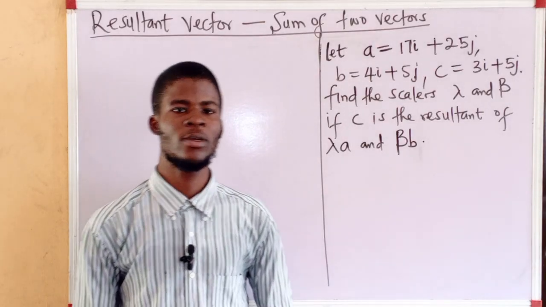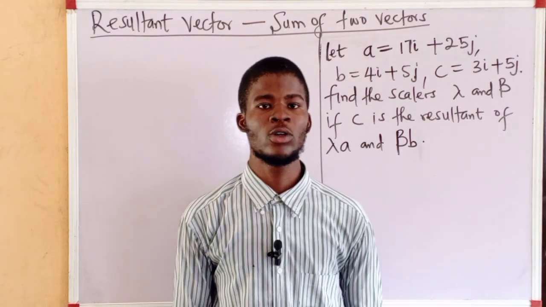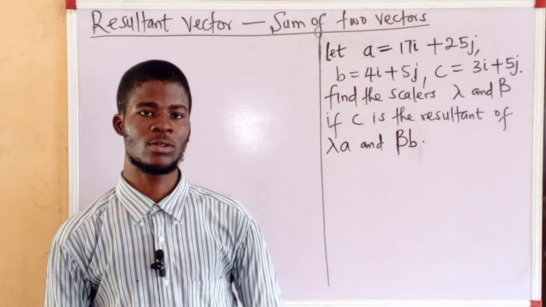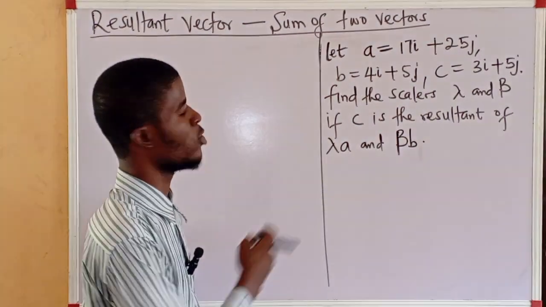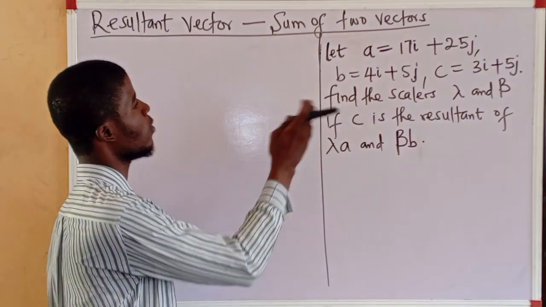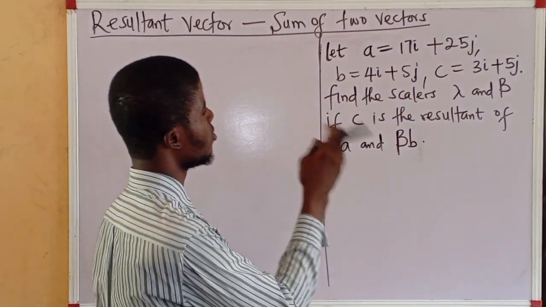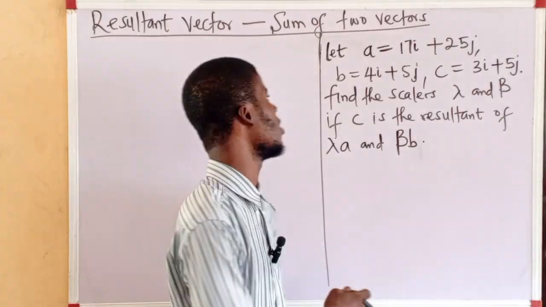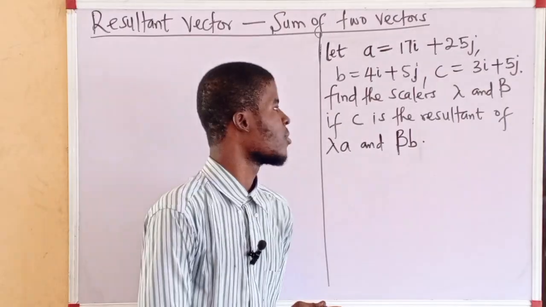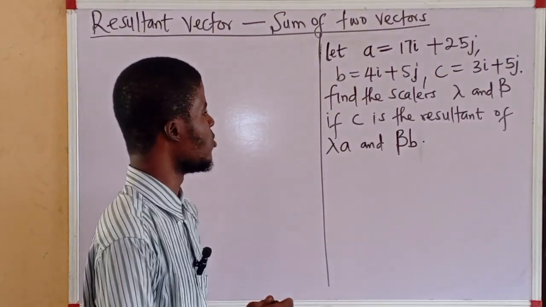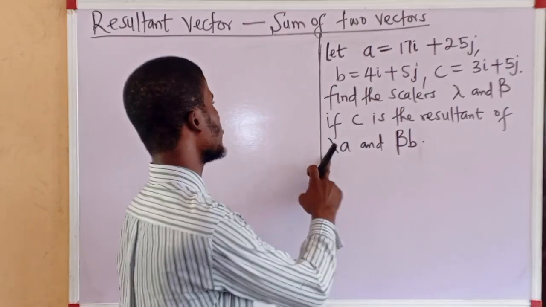Alright, we are going to solve a problem on resultant vector, that is the sum of two vectors. Okay, let's go ahead. Let A equal to 17i plus 25j, B equal to 4i plus 5j, C equal to 3i plus 5j. We have to find the scalars lambda and beta if C is the resultant of lambda A